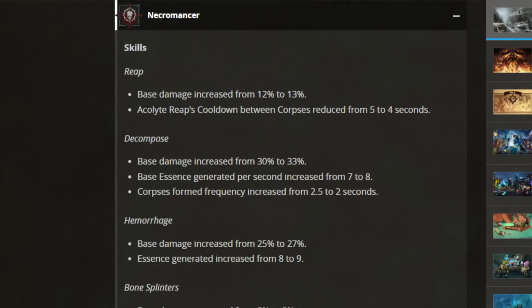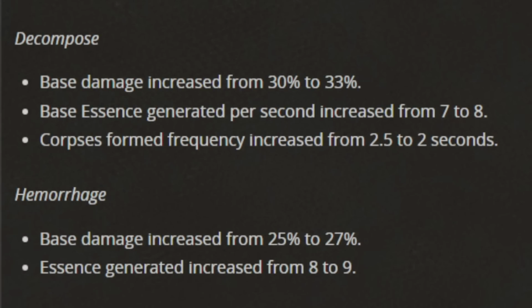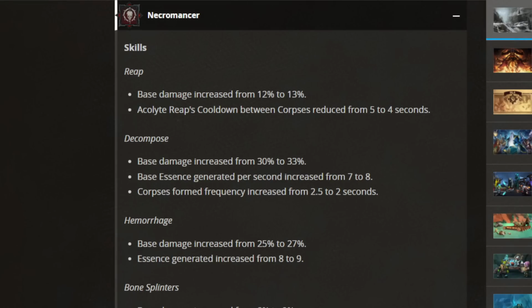Next is Decompose. This is the one where you target and channel dealing damage, and through that basic ability, we were able to form corpses. As you can see, previously at 2.5 seconds, down to 2 seconds. That's a nice buff. Compared to Reap, every 4 seconds you'll be generating 2 corpses to Reap's 1. This alone doesn't excite me enough to say Decompose is definitely better than Reap, but because of a different change down in the patch notes we're going to get to, well, Decompose is indeed looking good, and we'll get to